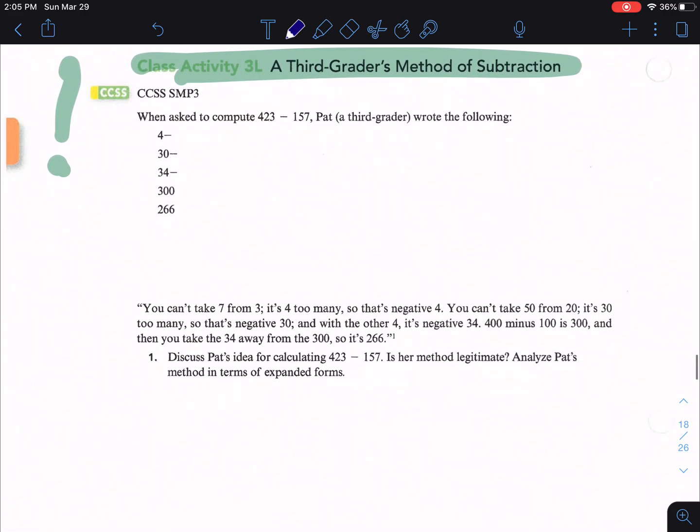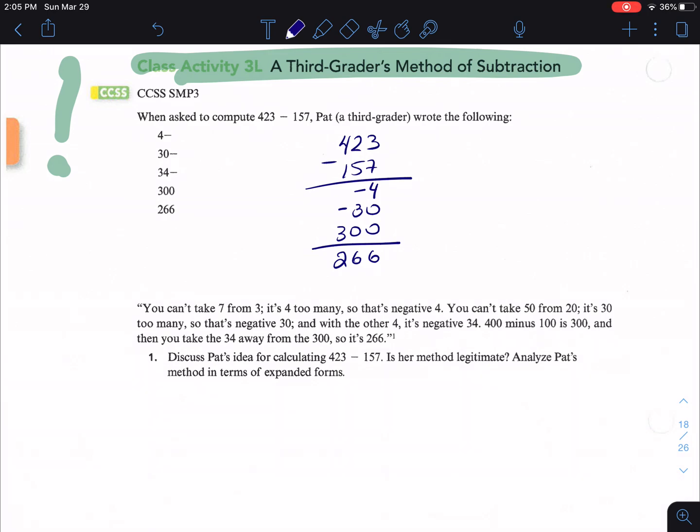So the next activity is a really interesting activity, and it says there's another method that the student used, and I'm going to rewrite this slightly differently, in a column, in a standard algorithm kind of way. So what the student is saying is 3 minus 7 is negative 4, and 20 minus 50 is negative 30, and 400 minus 100 is 300. So the answer to this is 266. And the question is, is that okay? Is that a valid algorithm for subtracting